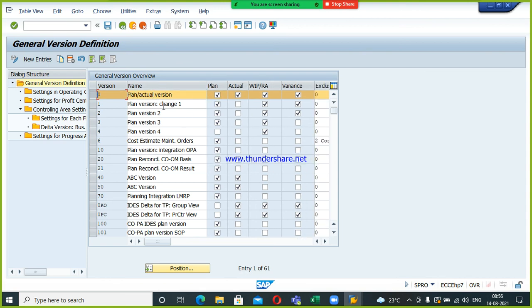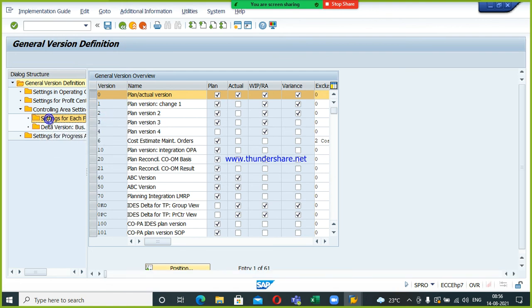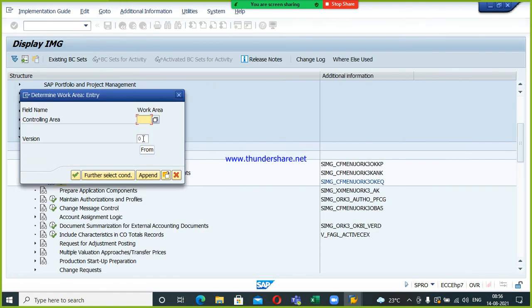In this we are having plan and actual version. Plan is selected, actual is selected, work in progress or result analysis and variances. All options are selected, right? So I need to select this and click on settings for each fiscal year. Settings for each fiscal year, and it is asking for controlling area. Controlling area is PSD. Press enter,